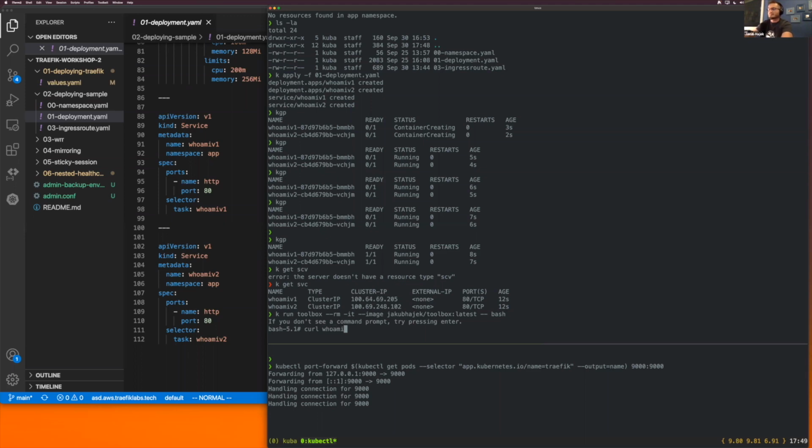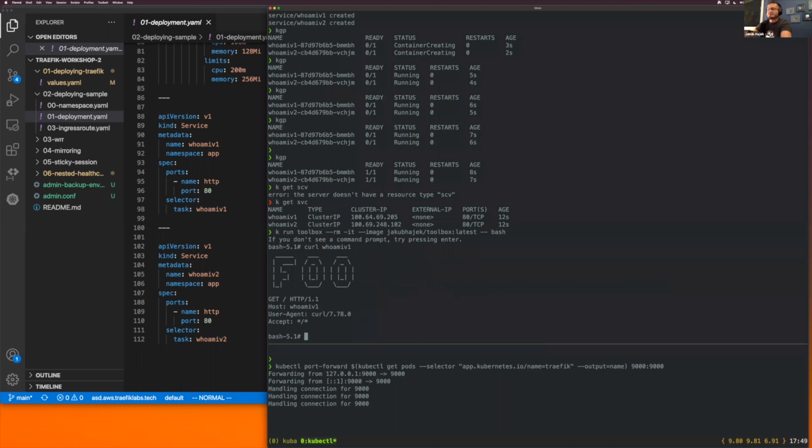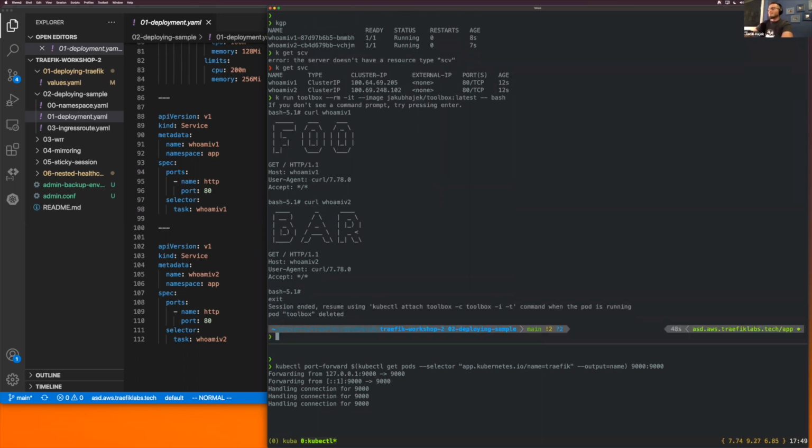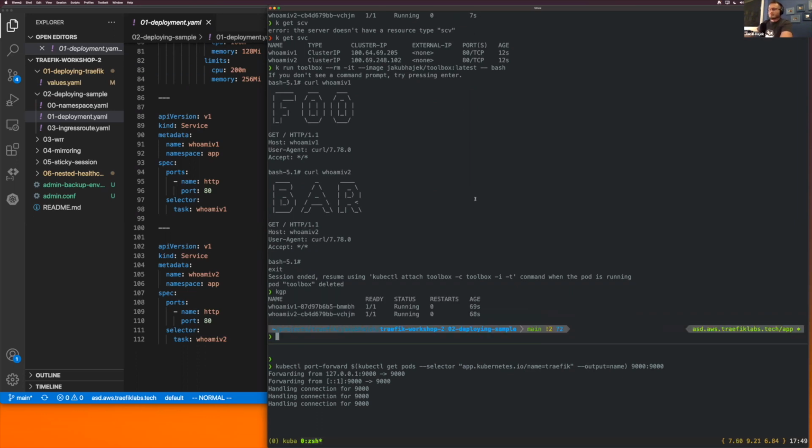So who am I? V1. And as you can see, I'm getting the response from the application. I used the ClusterIP service and connected directly to the application to get the response. It presents foo, so I'm sure that I connected to the right app. If I change it to V2, I should expect to have bar. And it works correctly. So we are good here. I log out from the container, from the pod, so the pod is already deleted,